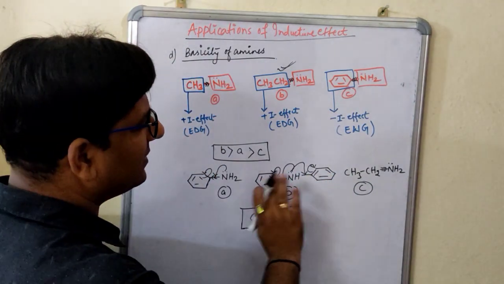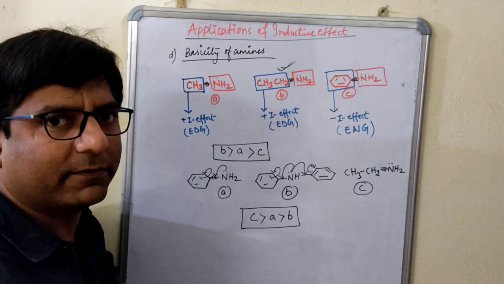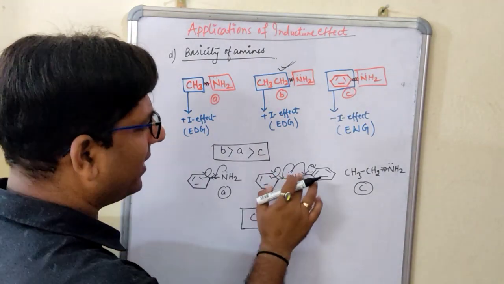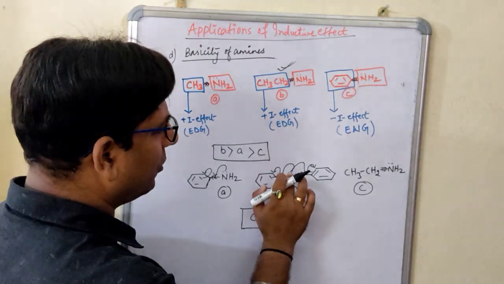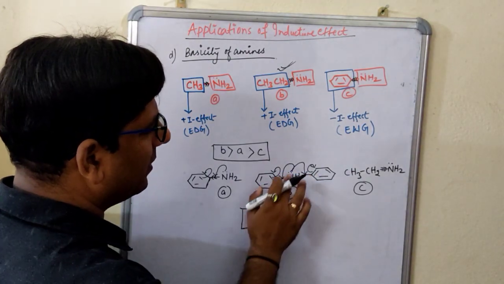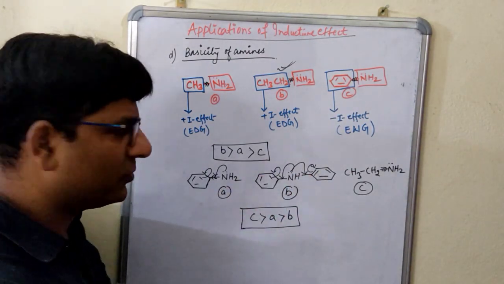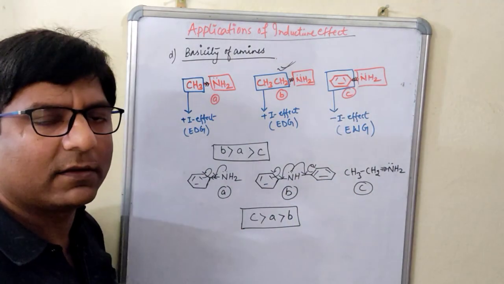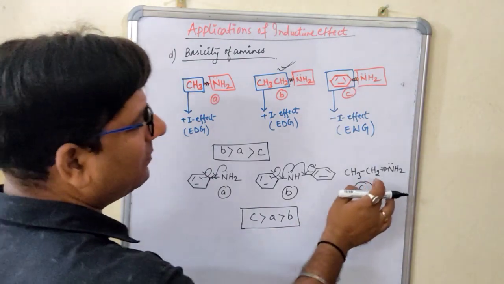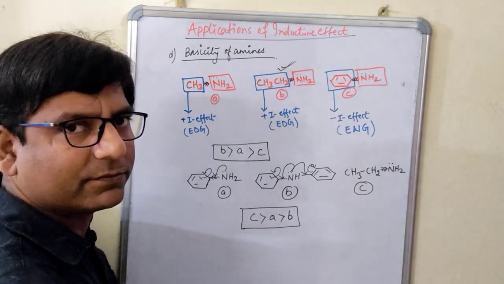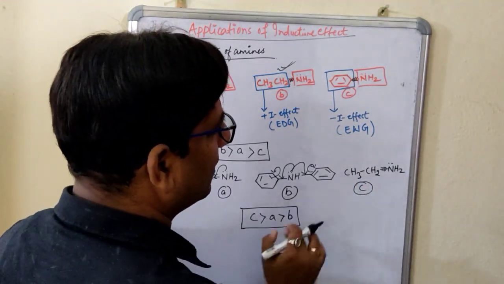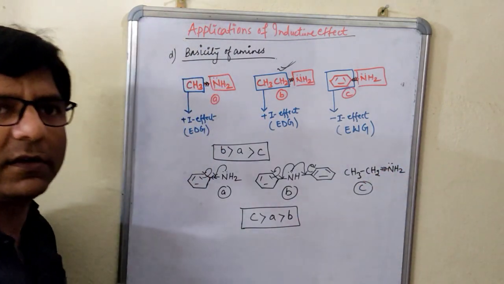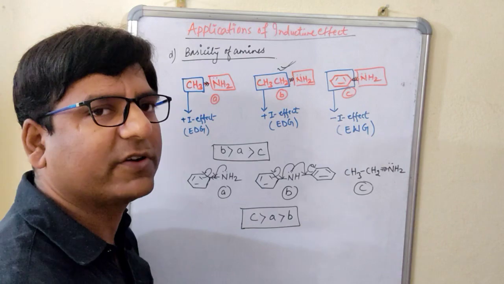Means on both sides we have a conjugated system, double, single, double. Here also this lone pair, single, double, lone pair, single, double. So it can undergo resonance 2 times. And here we don't have it. There is no conjugated system. We have only this lone pair of electrons, and here we have the sigma bonds or the single bonds. There is no conjugated system.